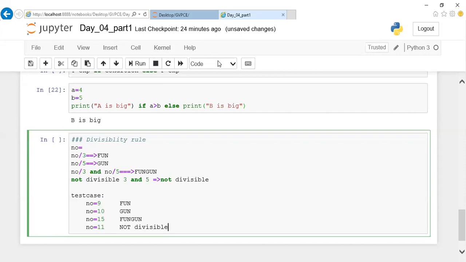Try it. You can type in your editor or you can paste it here, guys.